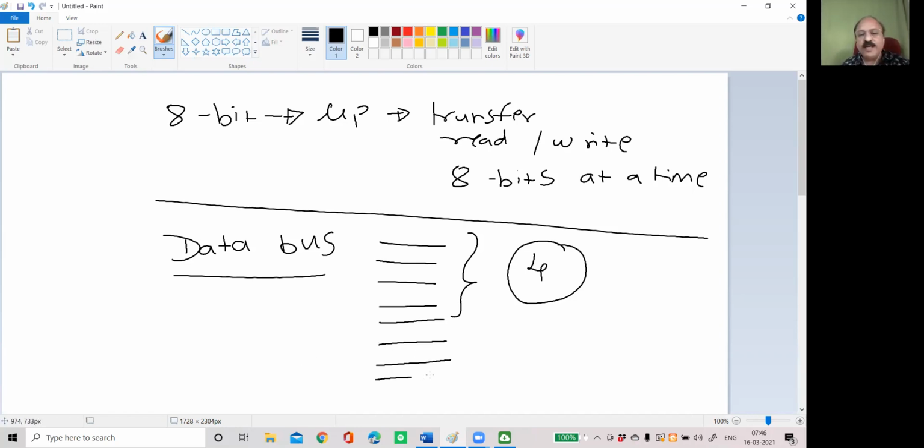Sorry. So when it is increased 1, 2, 3, 4, 5, 6, 7, 8, now instead of 2 cycles to read 1 byte, 8 bits will be read in 1 cycle. So with this, what will happen? The reading cycles will be reduced and the time will be increased. So when we say 8-bit microprocessor, it gives the maximum number of bits that can be taken for read or write by a microprocessor at a time. This is also called as a word.